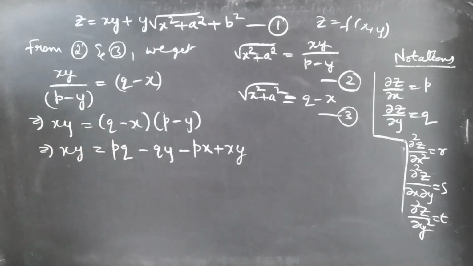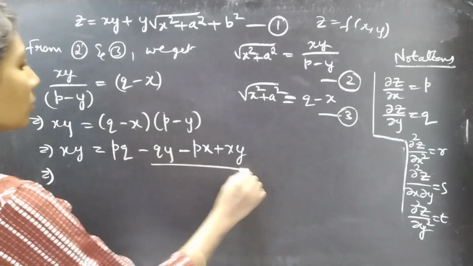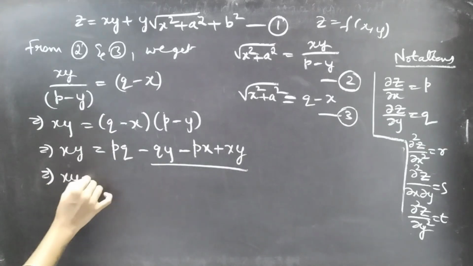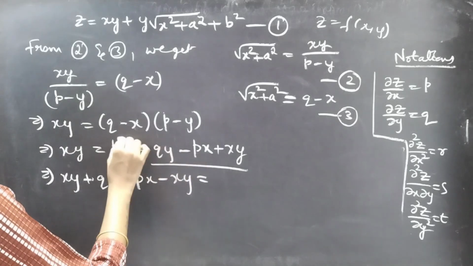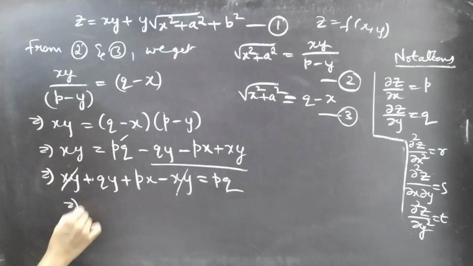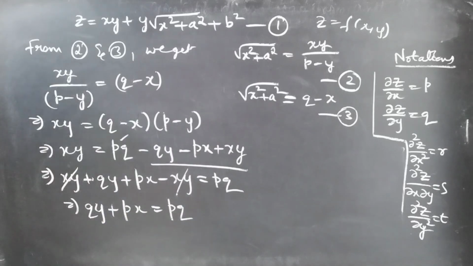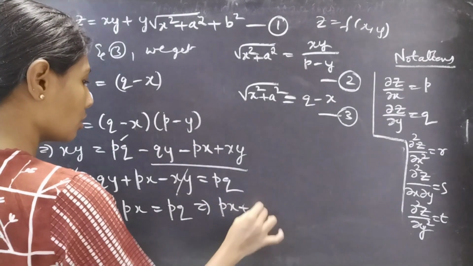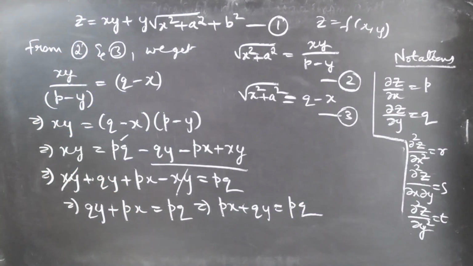See, in LHS also you are having xy, so you can cancel xy directly from LHS and RHS, or just bring all these three terms to LHS. You'll get xy plus qy plus px minus xy equals pq, where xy minus xy gets cancelled and you'll get qy plus px equals pq, or we can write this as px plus qy equals pq,